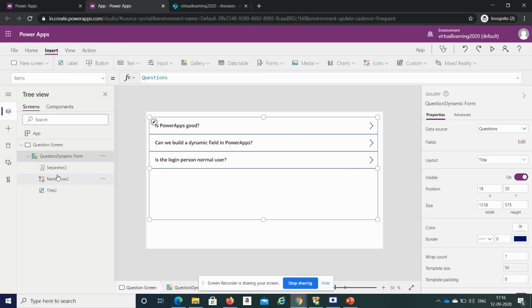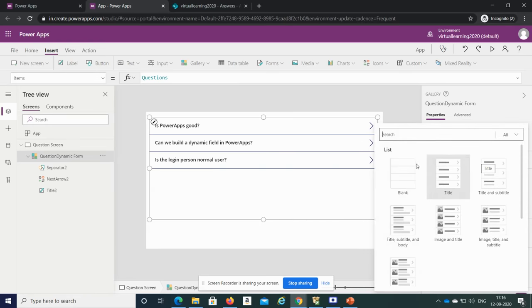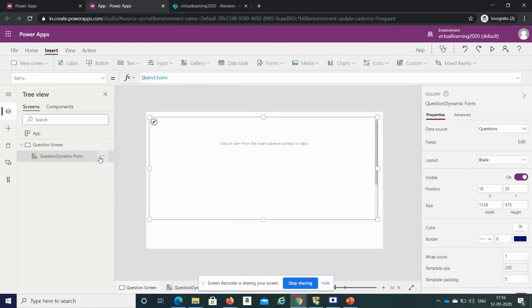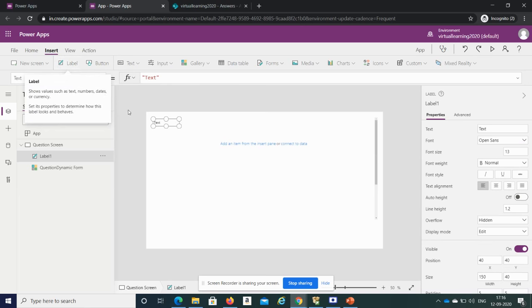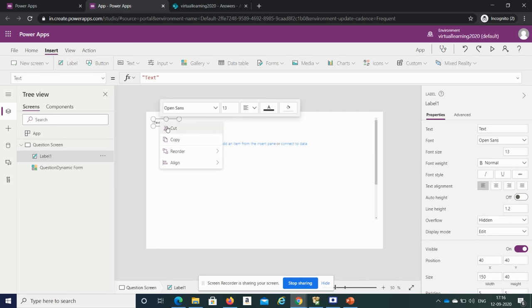In the same way, if you select blank, then we need to create each and every control inside this, like insert. If you want to create a label, we will create a label, but it is created outside. To create it inside, I will just delete it.